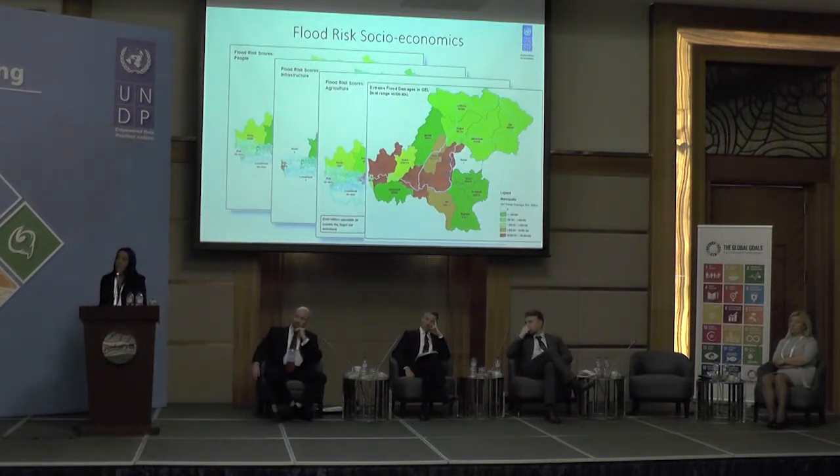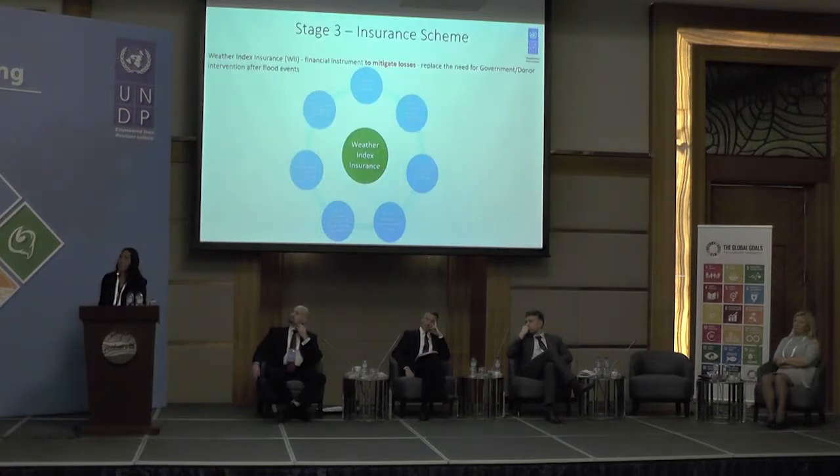And this final map is the extreme flood damages in Georgia and Malawi. As you could see, the highest risk is in the floodplain, as we would expect. This is where most people live, but it's also where there is quite a lot of agricultural land as well. So the insurance scheme was based on this very detailed information we have about risks, damages, and losses, and we